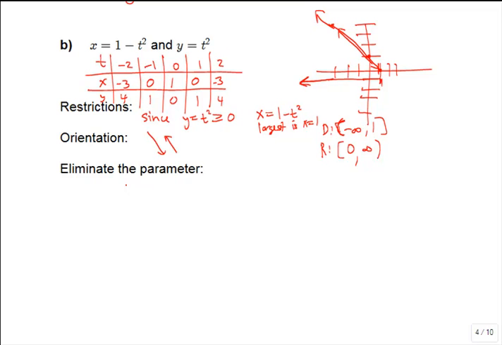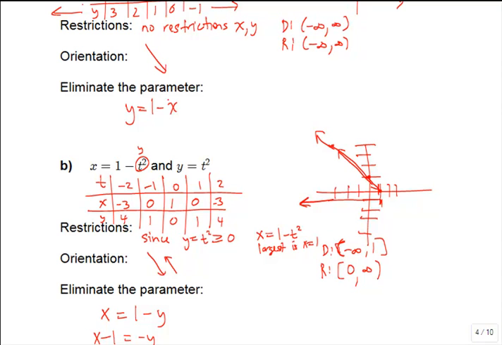Now let's eliminate our parameter. Since y is defined to be t squared, we can replace this t squared with y, and we get x equals 1 minus y. And if you were to solve that for y, we would get x minus 1 is equal to negative y, and if I divide through by negative 1, the signs change, and if we just switch the order around, we get y equals 1 minus x,